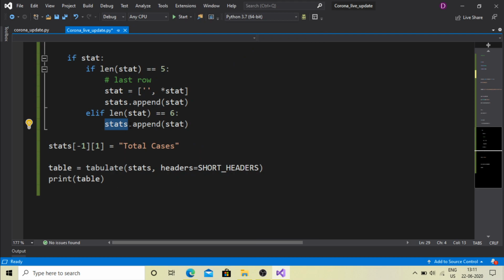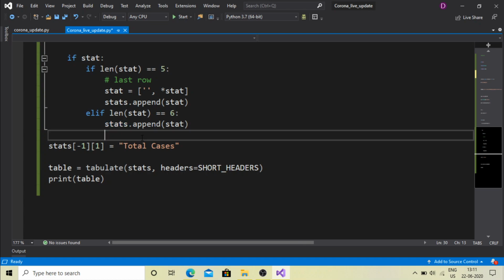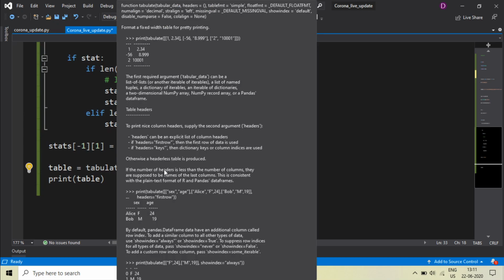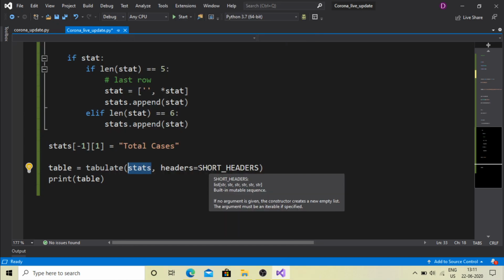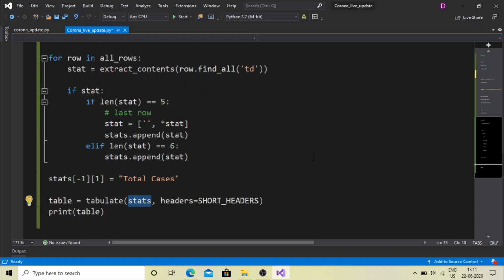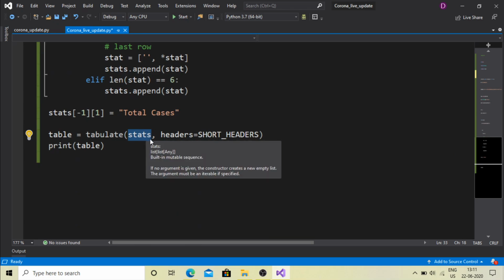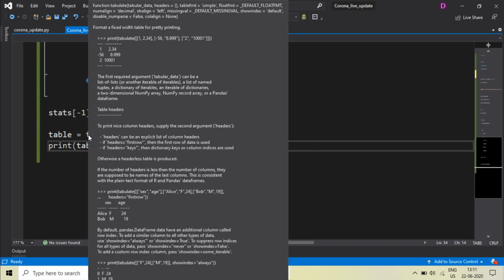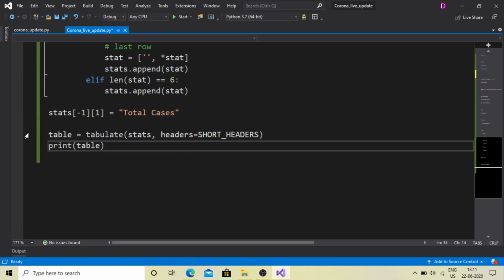So we have simply passed this list, which contains all the row wise data of all the states and union territories, to the tabulate function, and along with that we have also passed our headers. We want our headings to be serial number, state, Indian confirmed, and so on. So we have passed the headings and all the data to the tabulate function and stored that data into a table variable. Now all we have to do is print this table variable, and as we run this program,